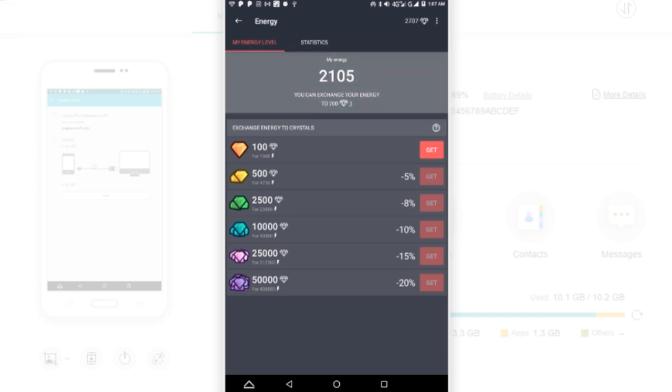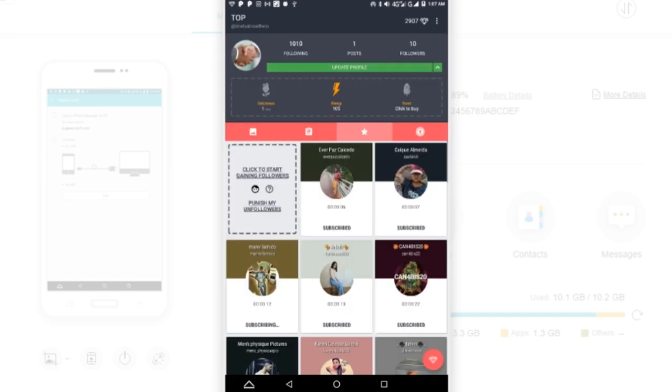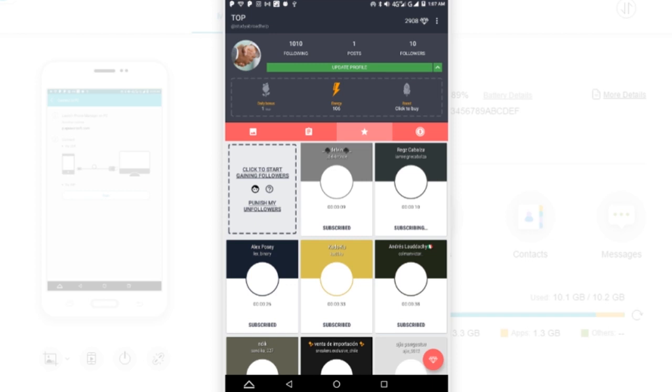executing a lot of activity. If you're following a lot of accounts, subscribing to a lot of accounts, and doing a lot of stuff on the app, it gives you more energy, and you can convert your energy to crystals. So you can see I can convert this to crystals. I have more crystals now. If you want to buy crystals, you can click the buy button here